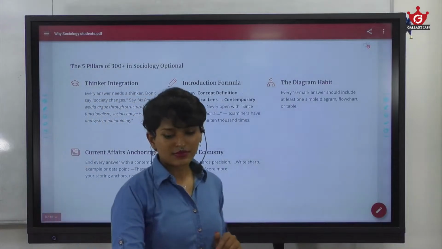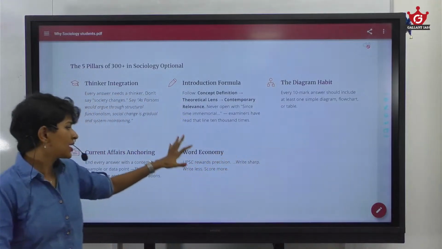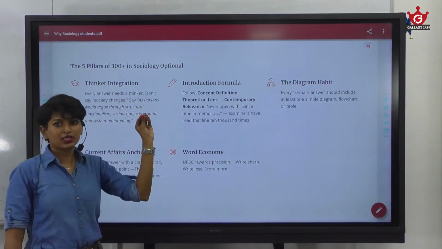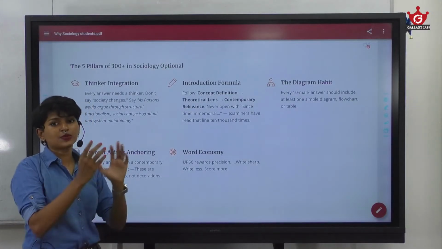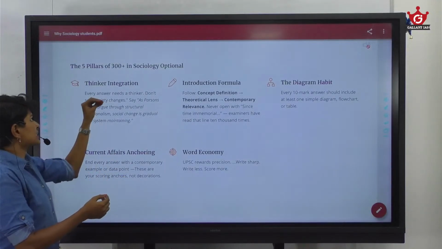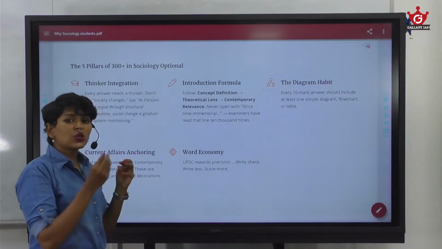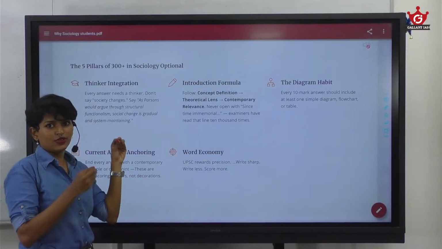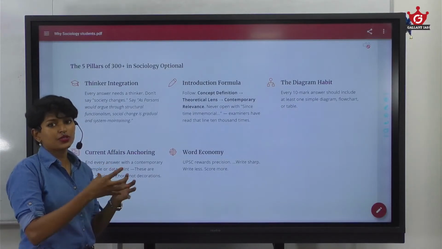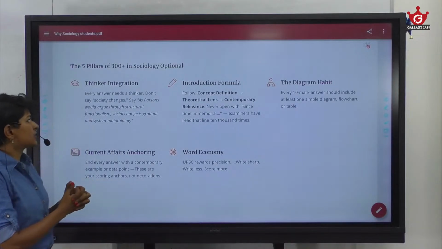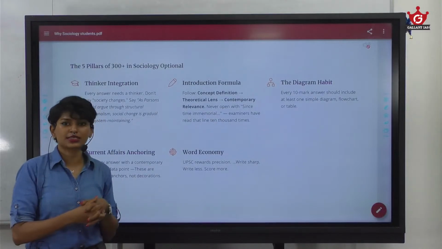Let me break it down for you step by step. First one, how you can score 300 plus in sociology. The first point I would focus on is thinker integration. That means it's not like you're just stating something for a question. For example, a question asks about social change or about society. Then instead of saying that society changes, everybody knows society changes,